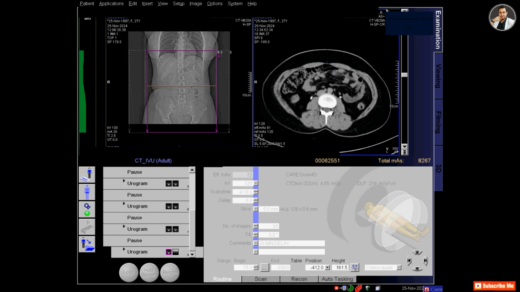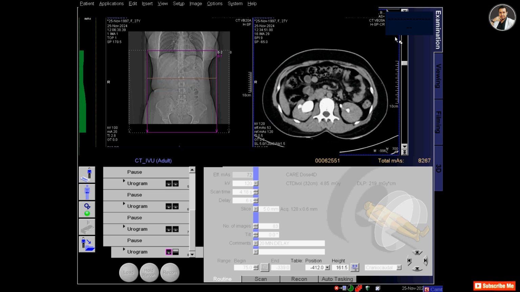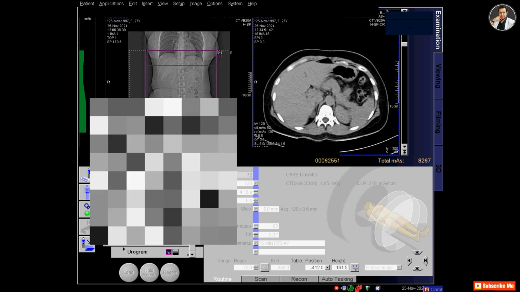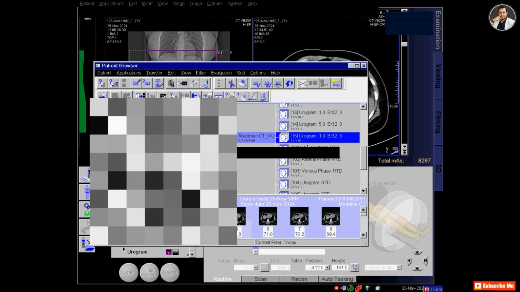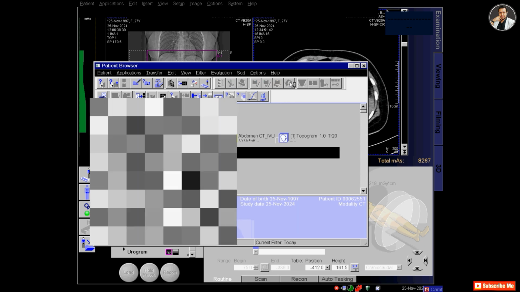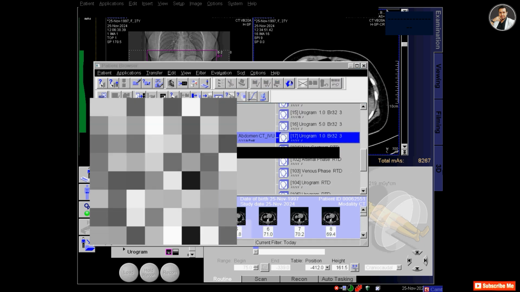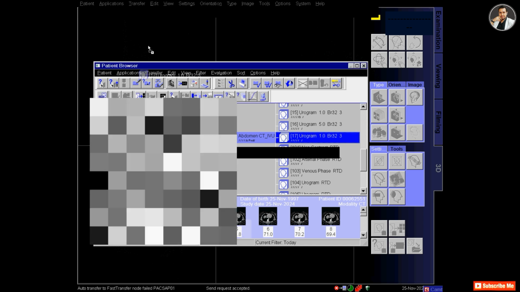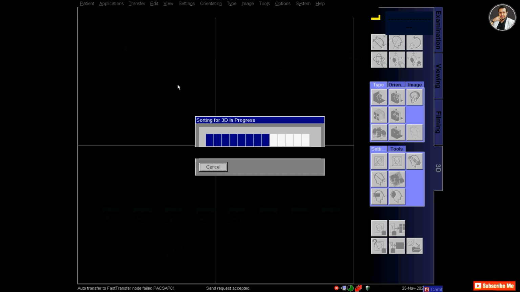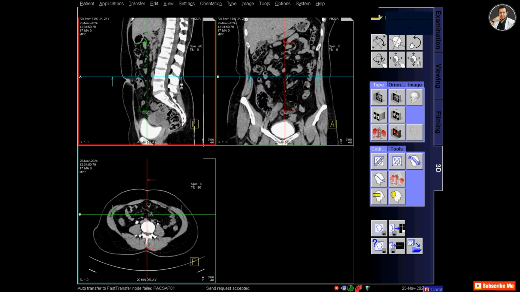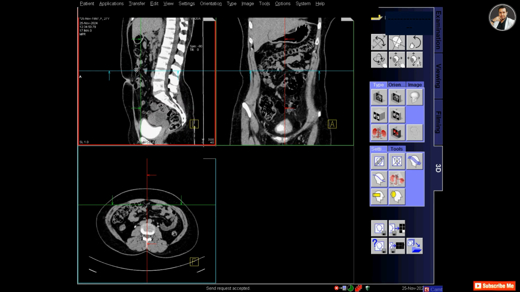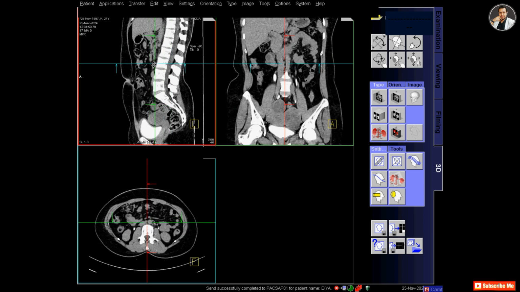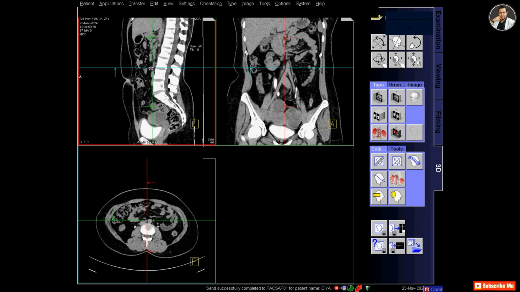I think this is the best scan, at 30 minutes, where I am able to visualize the ureter all the way. So let's check it out in the 3D app. Select the 30-minute scan, that is 1 millimeter reconstructed, and take it to the 3D, and now select the BRT gallery. I'm checking in the 2D image how the ureter is visible.